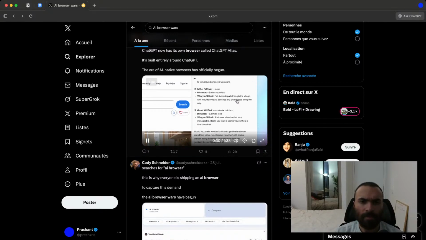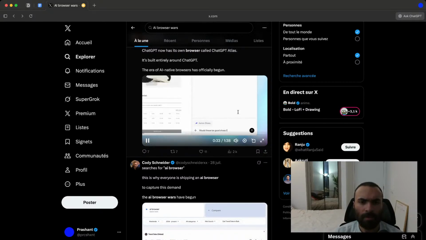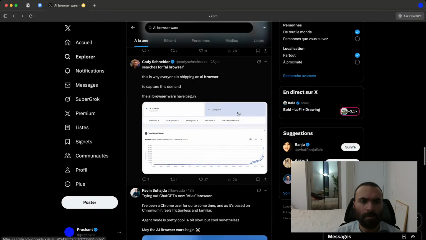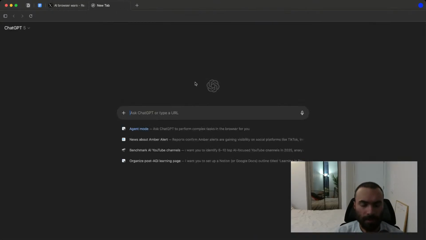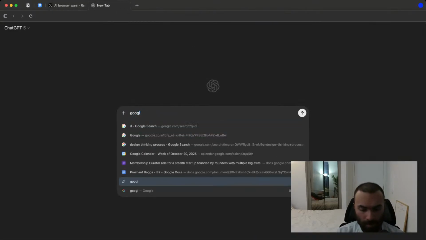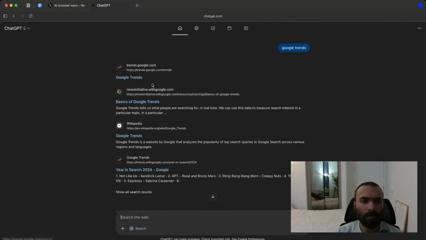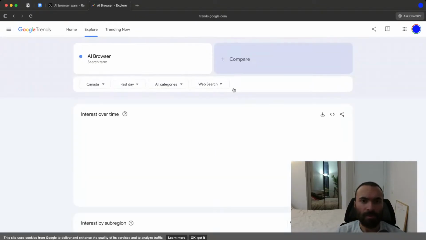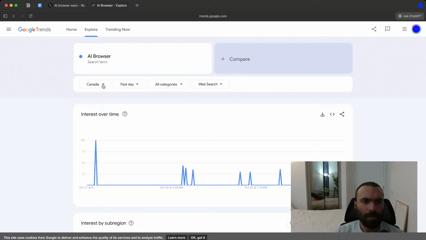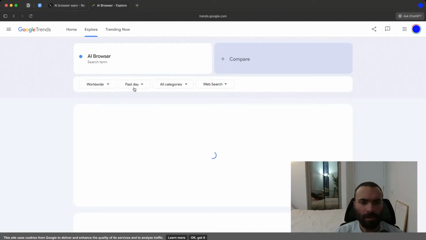Oh, there are good hikes nearby. Sources for AI browser. Oh, we can look into this. Okay, Google Trends. Let's see. AI browser. Canada, now worldwide.